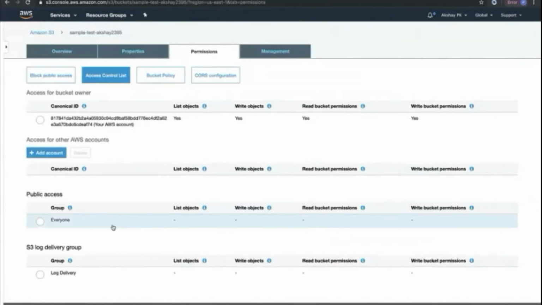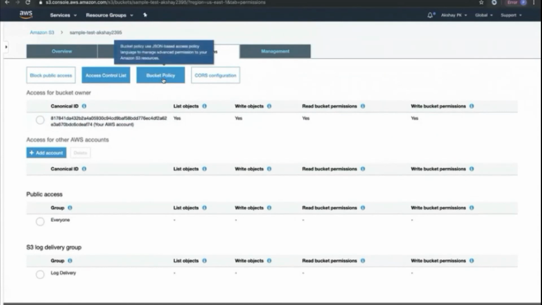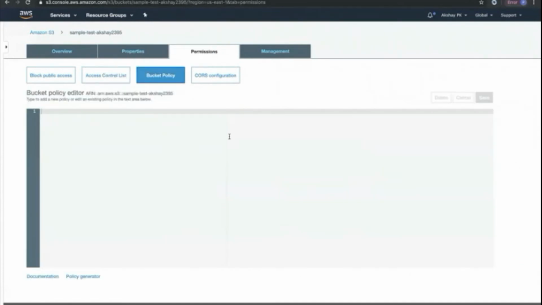Okay, so other than that, we will look at the S3 log delivery group in a later lecture as to why they are useful. But you can see over here, when it comes to the ACL of a particular bucket, we can grant access to the bucket owner. We can also grant access to any other AWS accounts, and we can also give public access to the outside world. So when it comes to bucket policy, we mentioned we can input our own bucket policy. We can give granular access to this particular bucket to a particular principal entity or a particular user. So going back to the slide,